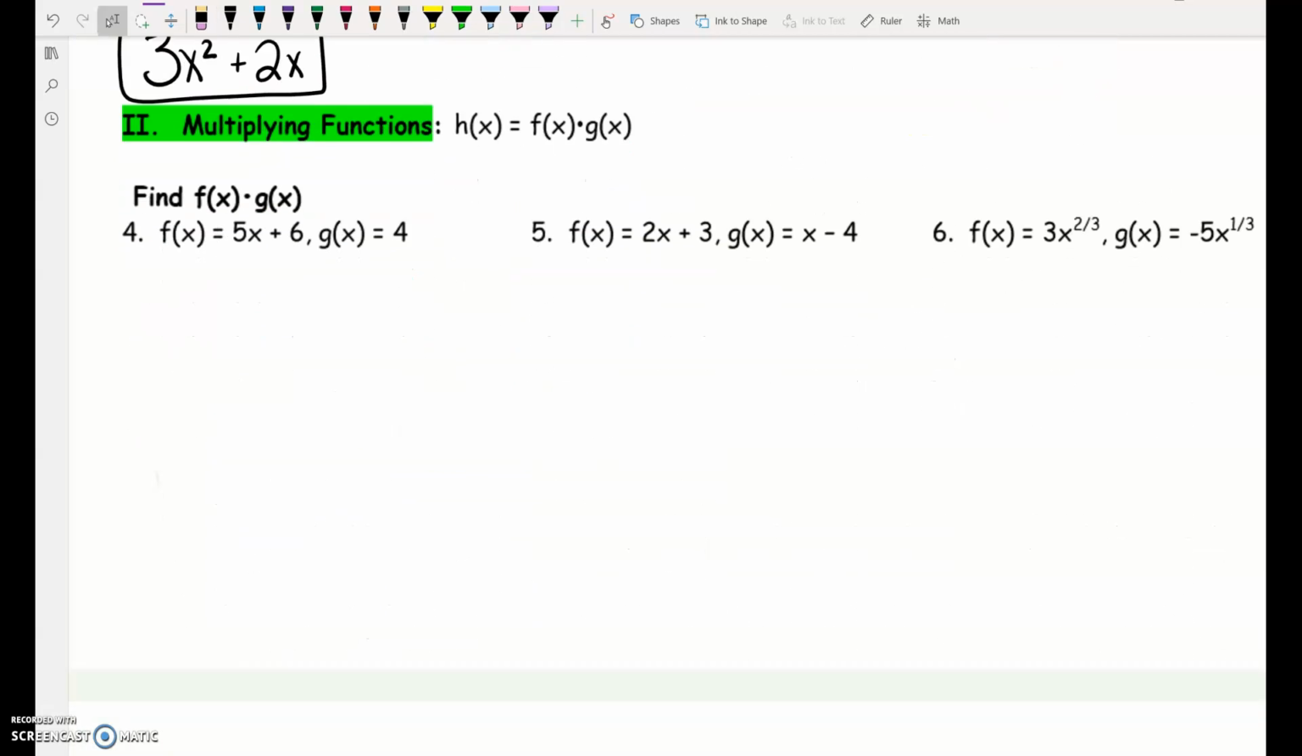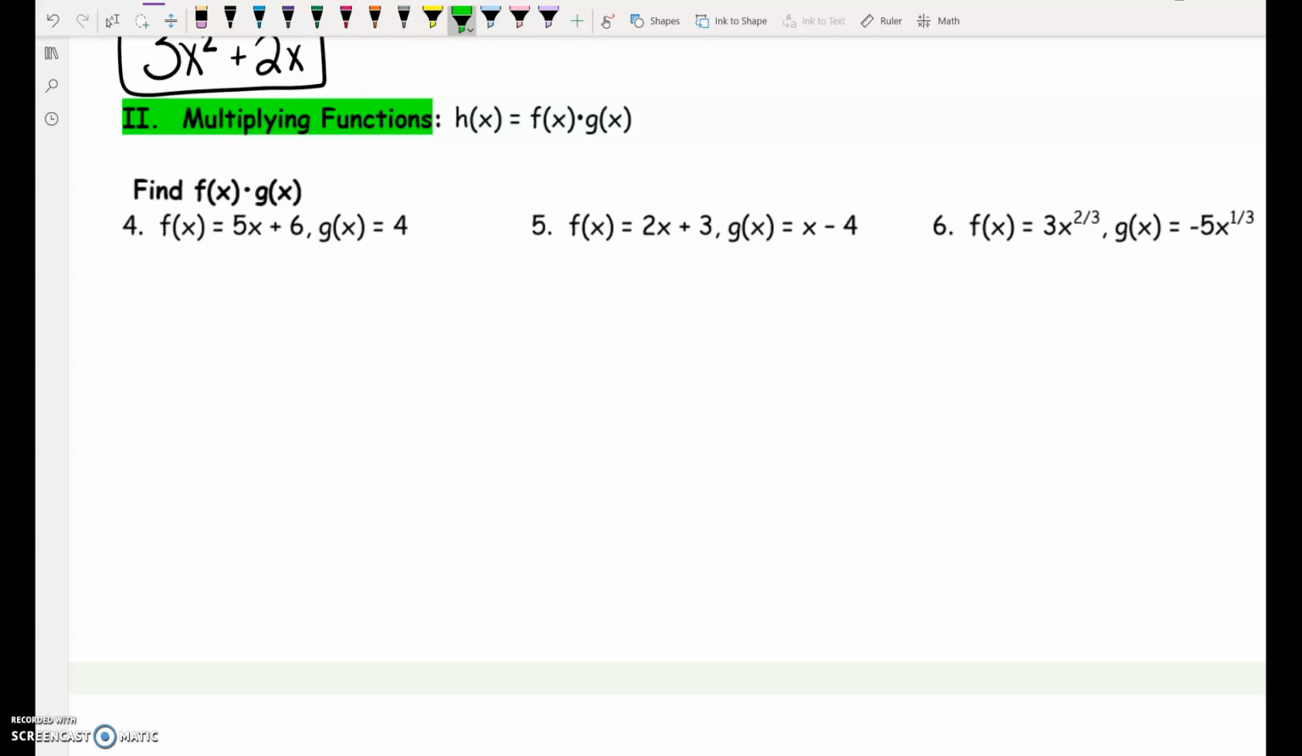For multiplying functions, let's skip to number 5. Our f function is 2x plus 3. Our g function is x minus 4. They want us to take the f function times the g function. We need to distribute, double distribute, FOIL, whatever it is you call this. So we've got